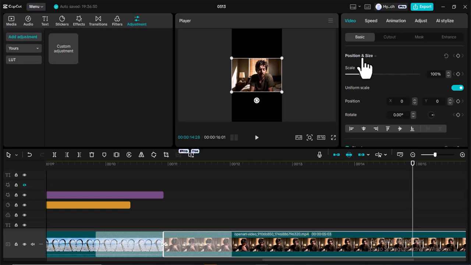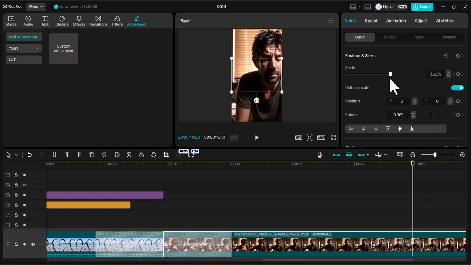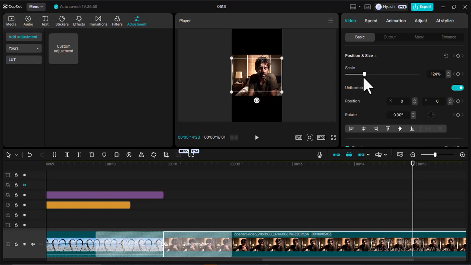So the position and size, you can increase the size here using the scale. I showed you this as well. You can increase it or reduce it depending on what you want to do. The default is 100%, that is the full or the main size. If you want a uniform scale, it means that if you want both the width and height to increase